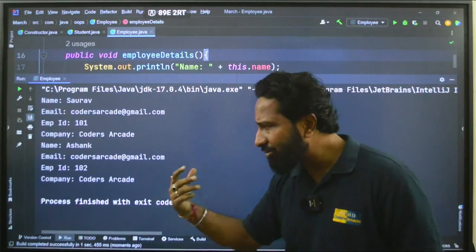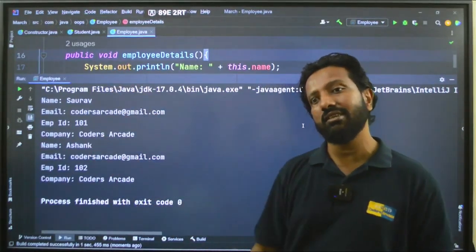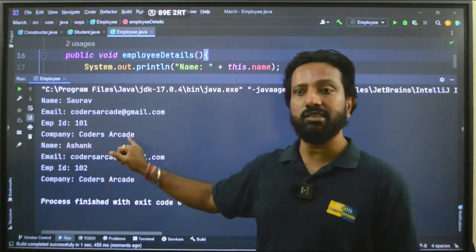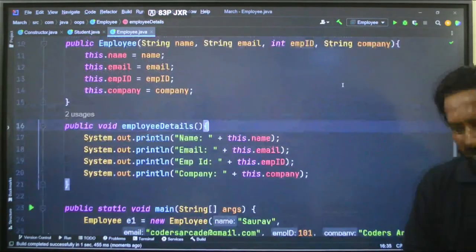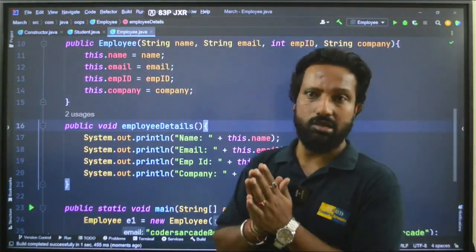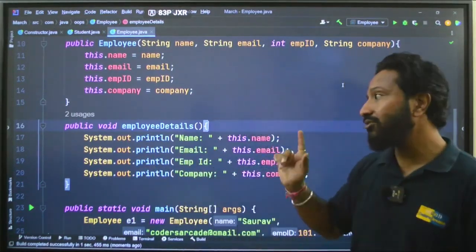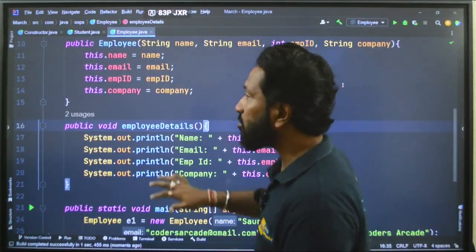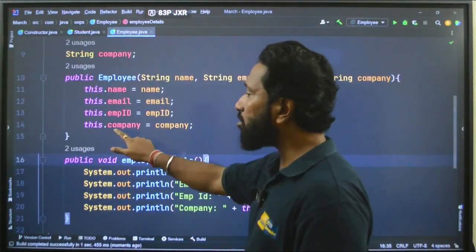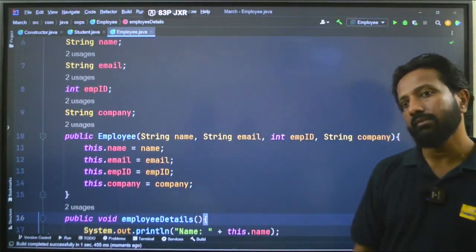We can create multiple objects like this. But do you think this kind of writing the code is efficient? Because there is a common parameter called company. So if I am doing it again and again, it is really not an efficient way of writing the code. What can we do? Can anyone tell me what can be done here? I am waiting for a response. Because it is a common parameter, what can be done? Anyone?